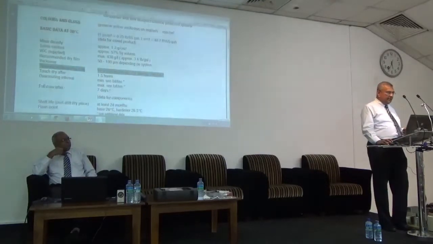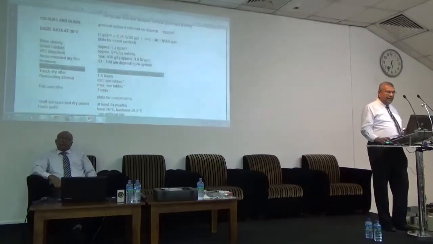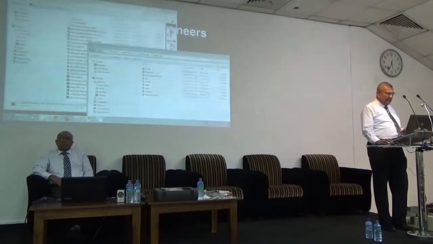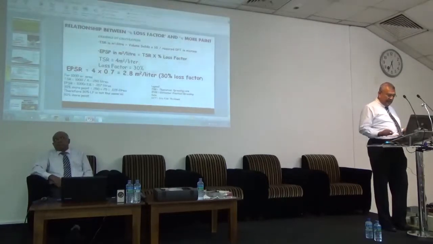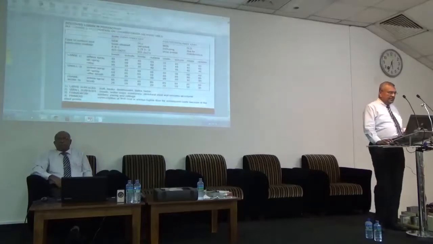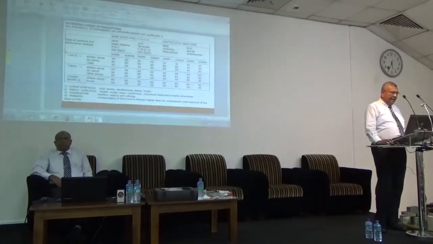So we discussed loss factors. The paint can go into the brush, paint can go into the hose, paint can get spilled, and moreover, once you sandblast, you get a profile. That profile also, some paint will get lost. So we looked at a chart the last time, and this is the chart. Now this chart is very clear. It says if you are air spraying a large plate, a new plate, inside a workshop, you take a 30% loss factor.